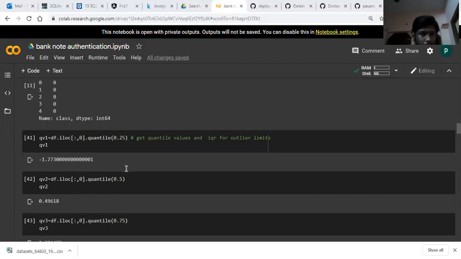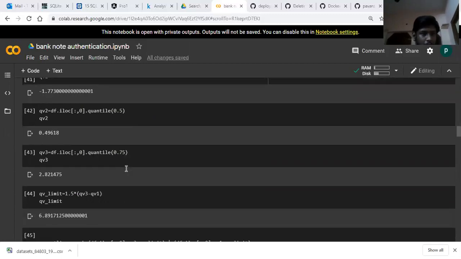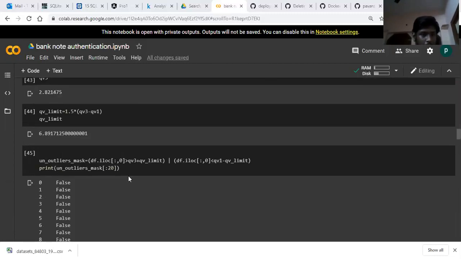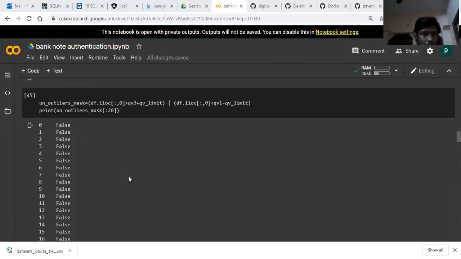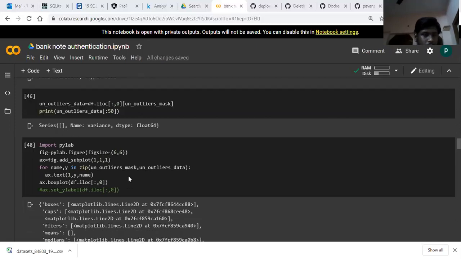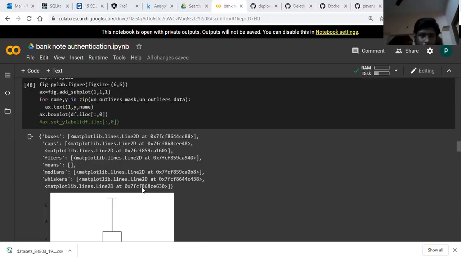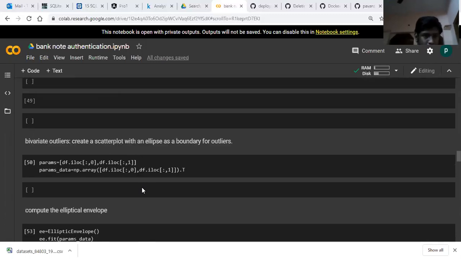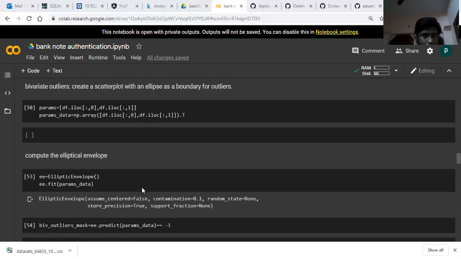These are the quantiles for finding outliers. This is the normal code for detecting outliers, and there is an outlier algorithm. So I will show. This is the elliptical envelope algorithm I am using for detection of outliers.